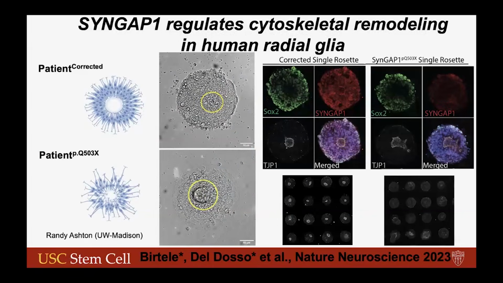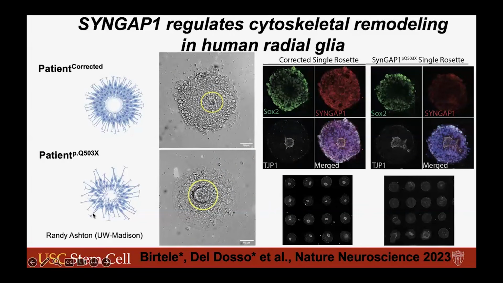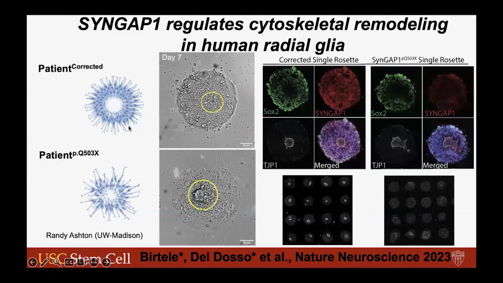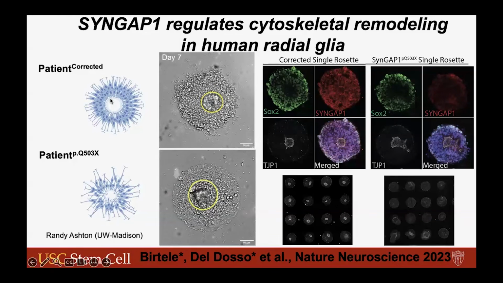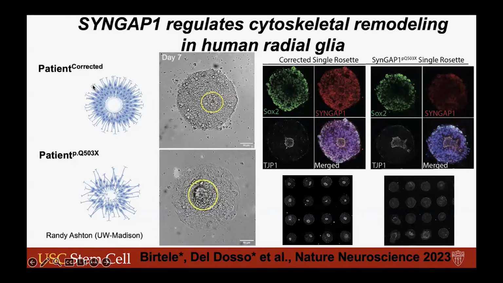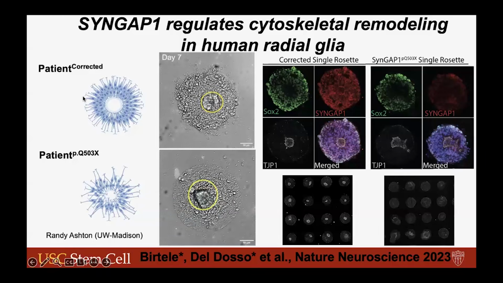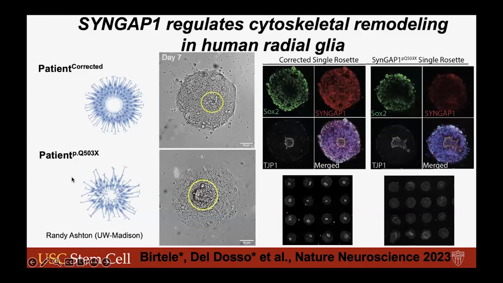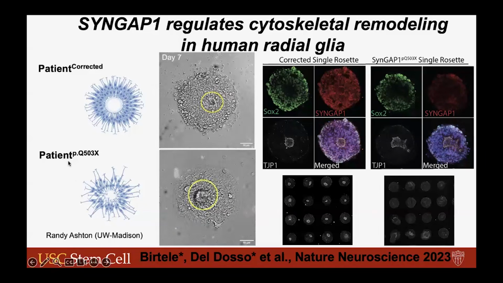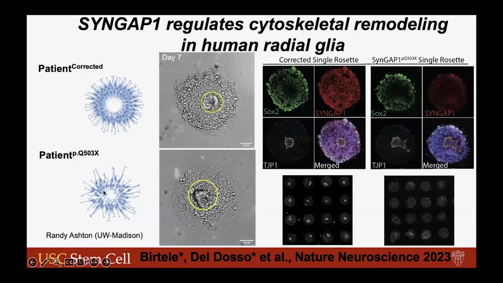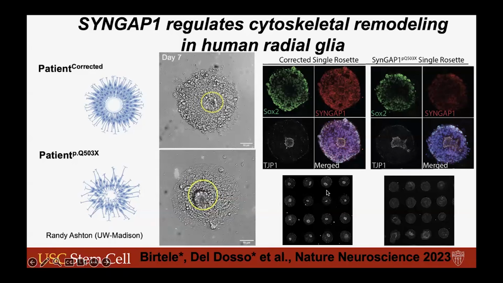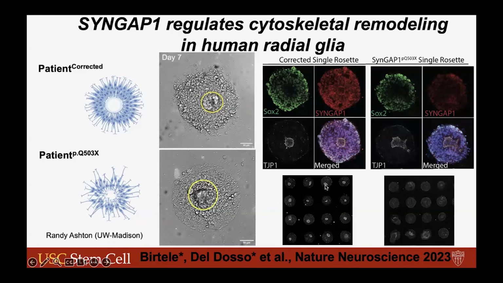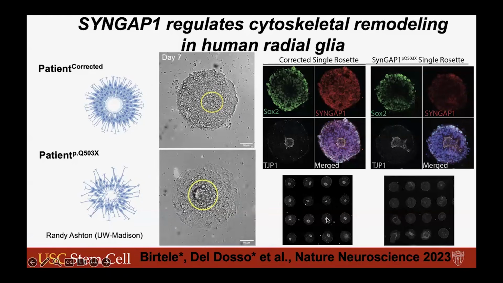And so we teamed up with Randy Ashton at the University of Wisconsin-Madison. He has this rosette system. You can see in this rosette system, we are able to see how these radial glial cells extend from the apical to the basal with this apico-basal polarity. And sure enough, we found that in patients with SYNGAP1 haploinsufficiency, there is a disruption in the way these rosettes form. So here you can see that in control lines, these ventricles form, and